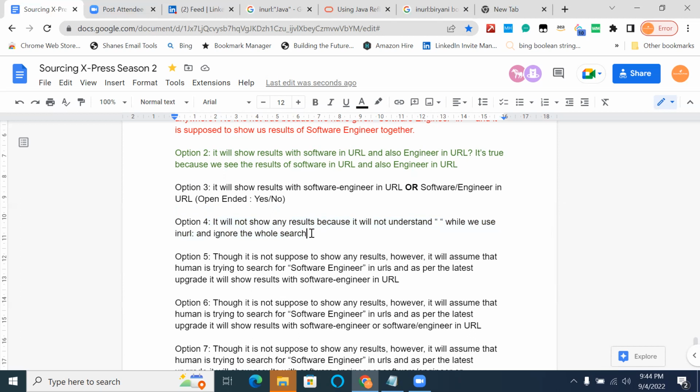Yes, it's contradictory. So if this is true, this will be false. If this is false, this will be true. Shall we keep open-ended? Yes, I think it should be. Option 4 is false. Let's keep it open-ended for now. Okay.